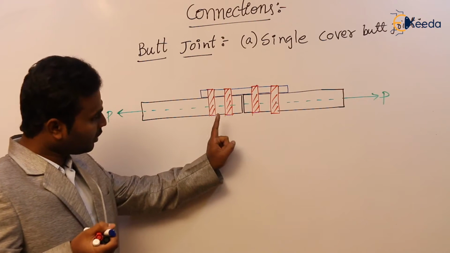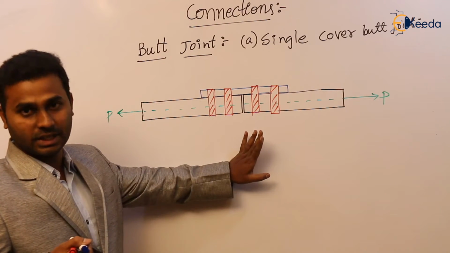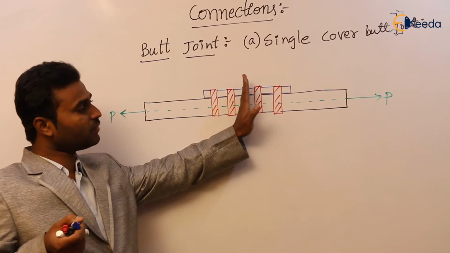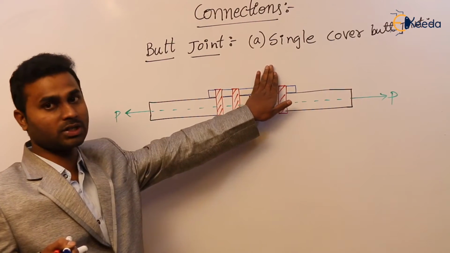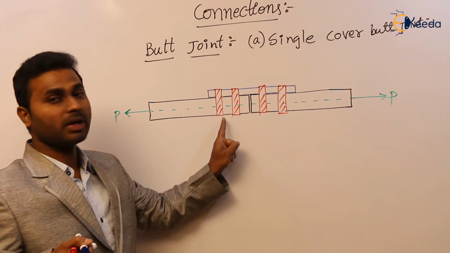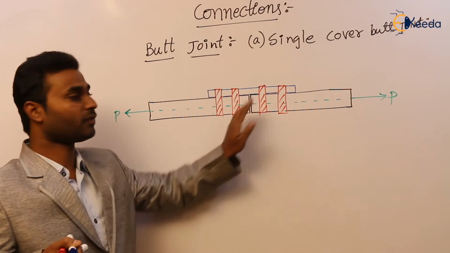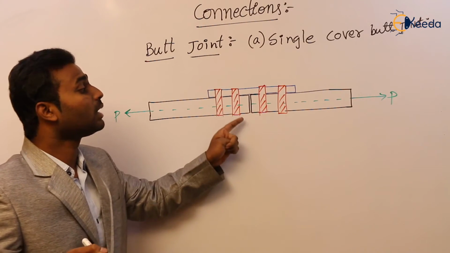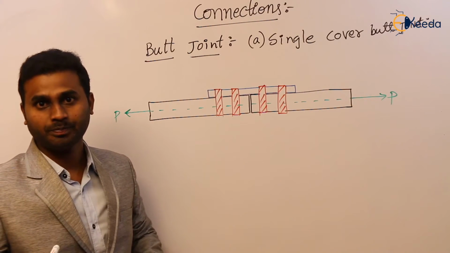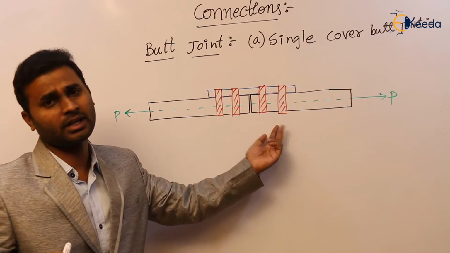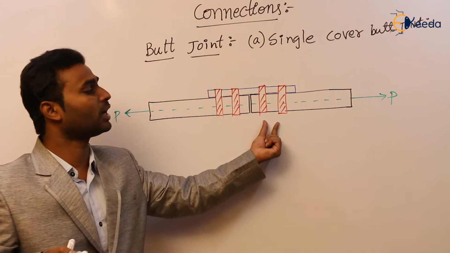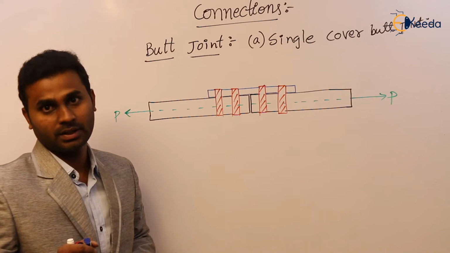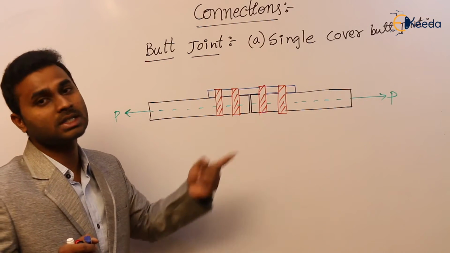The reason is we have to consider only one side, not both sides at a time. If we consider one side, how many lines of bolts do we have? Two lines. So forget about the other side. Now this is called a double bolted single cover butt joint, because two lines are there. If only one line is there on each side, then it is known as a single bolted single cover butt joint.